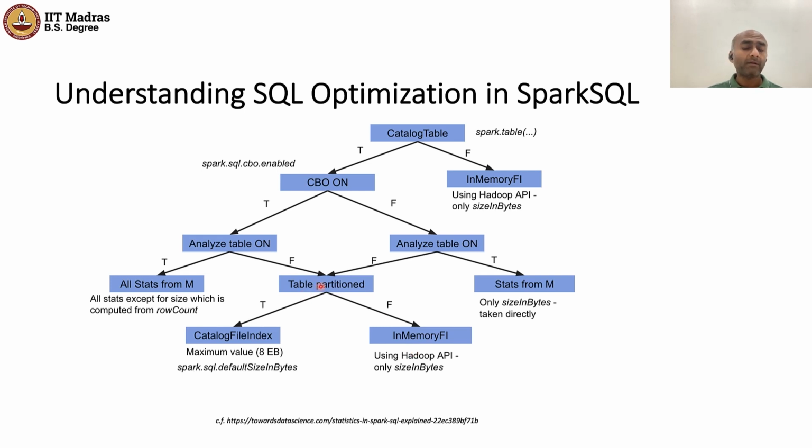If the table is indeed partitioned, because the number of files can be large, by default Spark assumes that the size of the table is the default size in bytes configuration, which is set by default to 8 EB, or 2 to the power of 60 bytes. That's massive, way bigger than